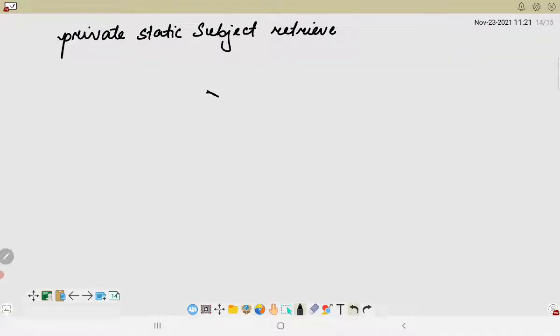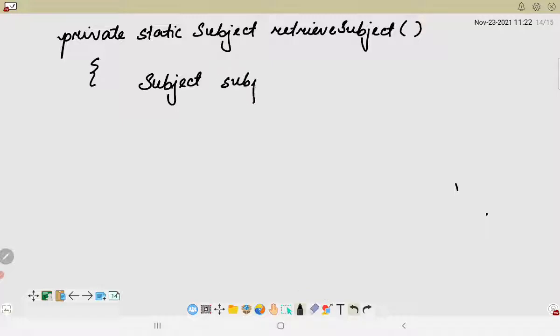So we will use it as retrieve subject here. So in this particular method, what we will have is subject, let's say a small one only, subject, is equal to new subject. So I am creating an object here.